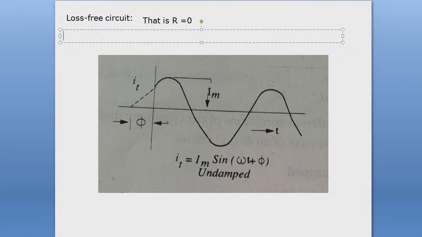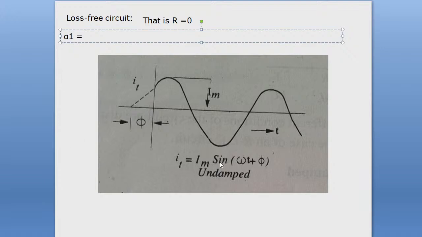Everyone, write the expression of alpha 1 and alpha 2 by putting the value of R equal to 0. So alpha 1 will be equal to,